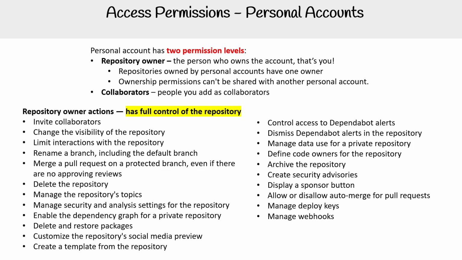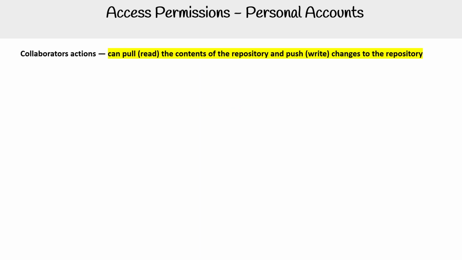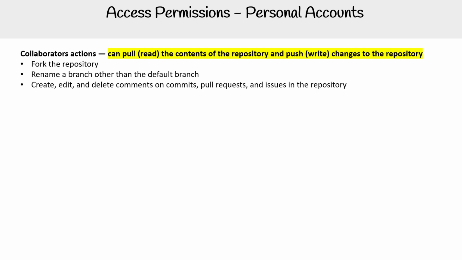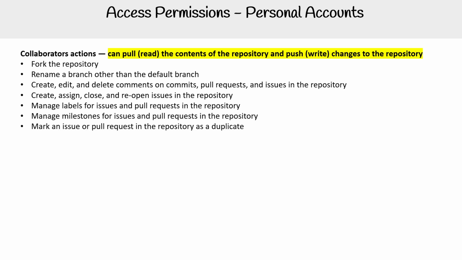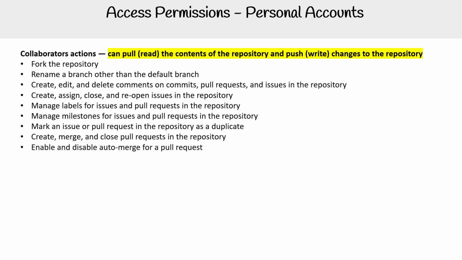Manage deploy keys, manage webhooks. Let's take a look at what collaborators can do. Fork the repo, rename a branch other than the default branch, create, edit, and delete comments on commits, pull requests, and issues in the repo, create, assign, close, and reopen issues in the repo, manage labels for issues and pull requests in the repo, manage milestones for issues and pull requests in the repo, mark an issue or pull request in the repo as a duplicate, create, merge, and close pull requests in the repo, enable and disable auto merge for a pull request,